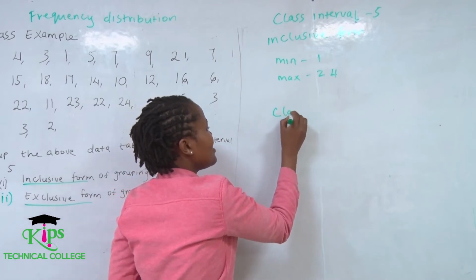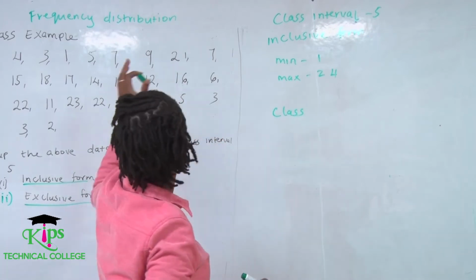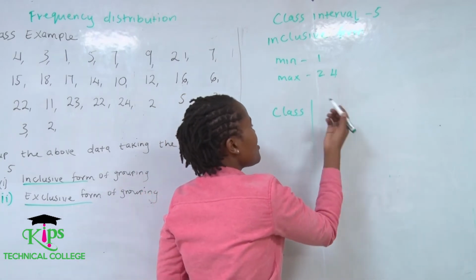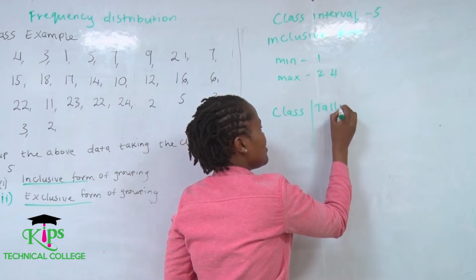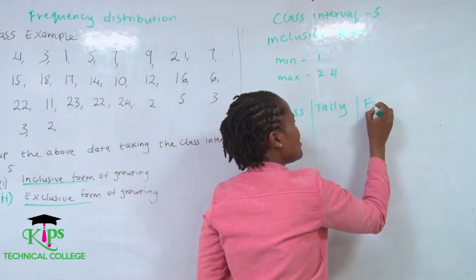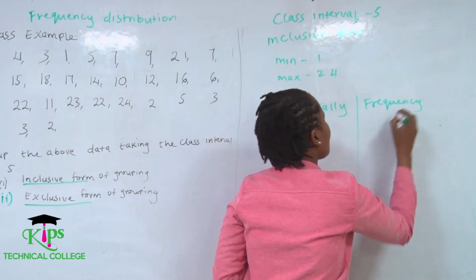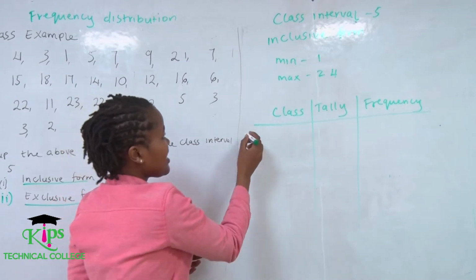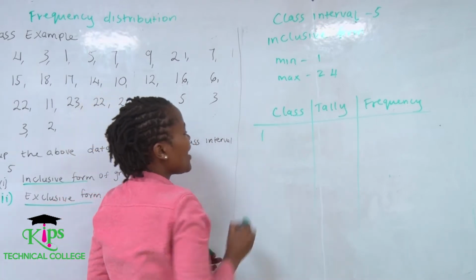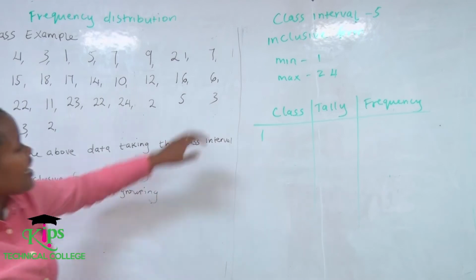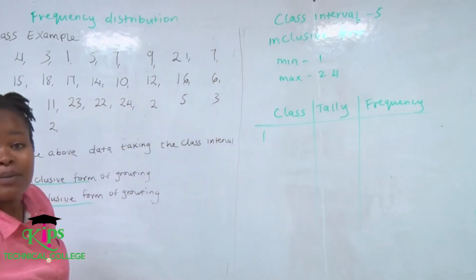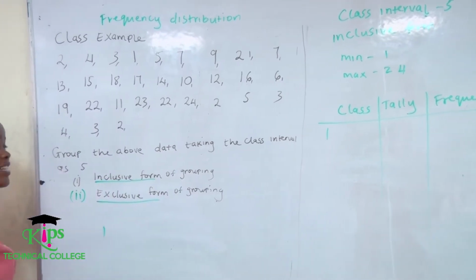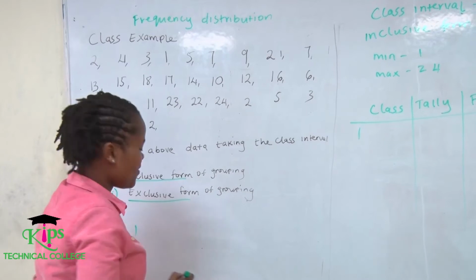When you're coming up with a frequency distribution, you need to come up with the classes. Then we have the frequency, but first we will tally, then the frequency. So our first class will be from 1. But our class interval is supposed to be 5. What do we mean by that? It means if we start with 1, for us to get a class interval of 5,